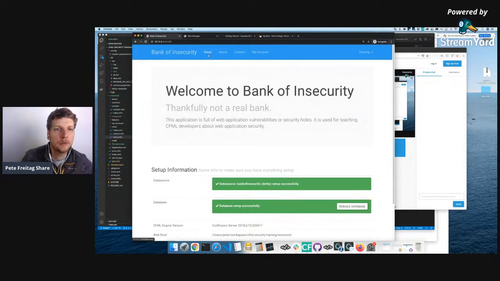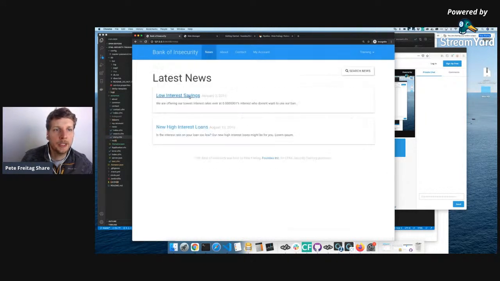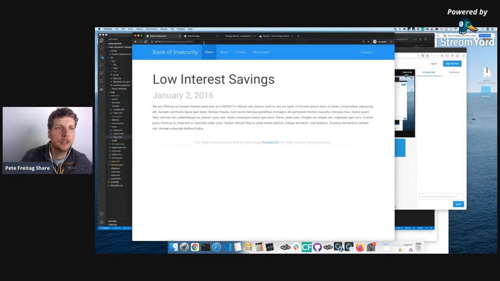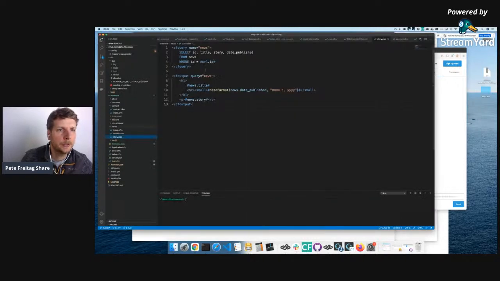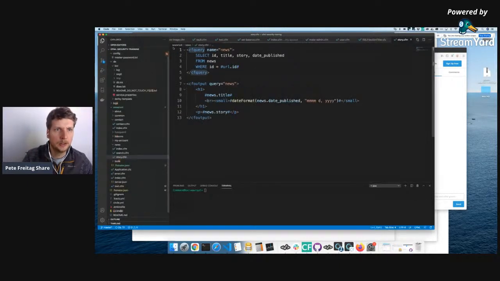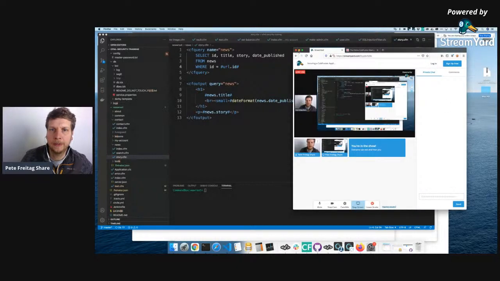All right, so the first issue we're going to look at is simply an SQL injection issue, which probably a lot of you are pretty familiar with. But this is what it looks like here. I'll just make that a little bigger. We've got this SQL query here with our CF query tag, and then we've got something like where ID equals URL.id. So the problem is that the attacker can